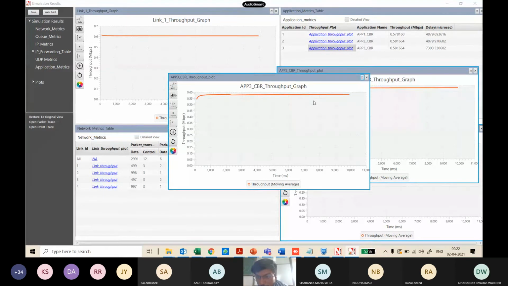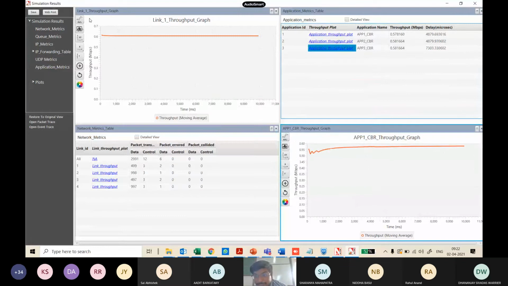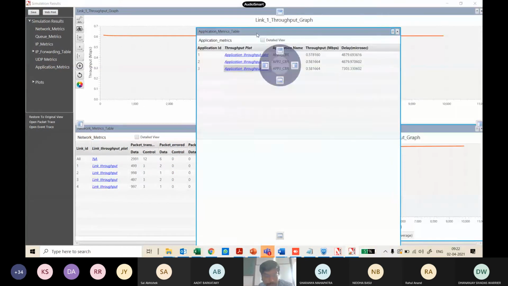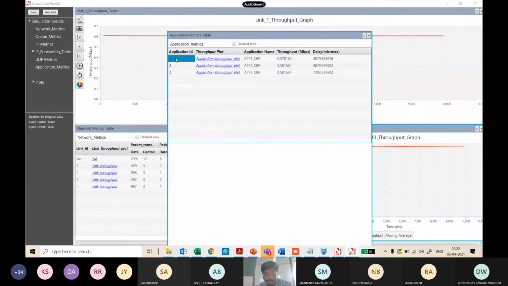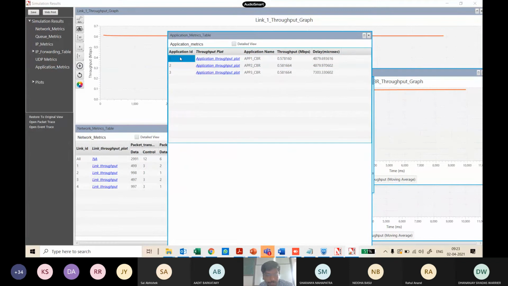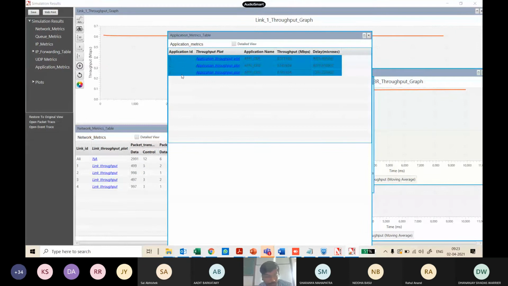You can take a screenshot of this entire window, but I'm more interested in the specifics of this. So maximize this application metrics, right? Use your keyboard and select all these values that you are having there. What I want you to do is copy all these values into an Excel. So copy all these values into an Excel. Give Control-C, open an Excel and save these values.